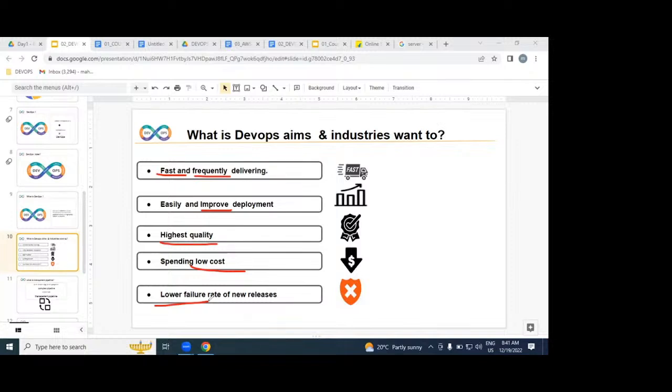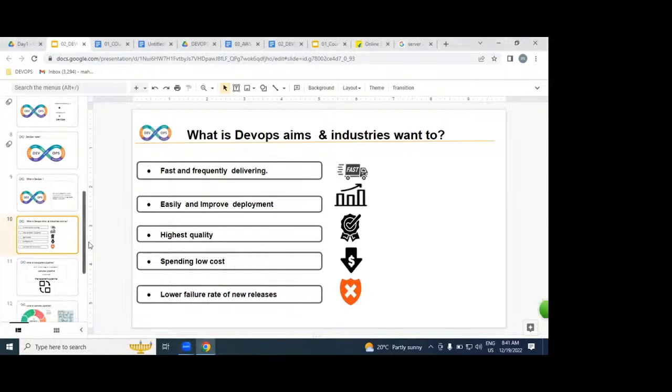Simply, speed is increased, cost is reduced, quality is increased. So when quality is increased and cost is decreased, who doesn't want this technology? That is the reason there is more demand in DevOps. Understood very clearly? If you go to a shopping mall to buy Pepe jeans or any pant and shirt, instead of 2000 rupees, if you get it for 200 rupees, you are happy or not? Are you saving expenses or not? The same concept.